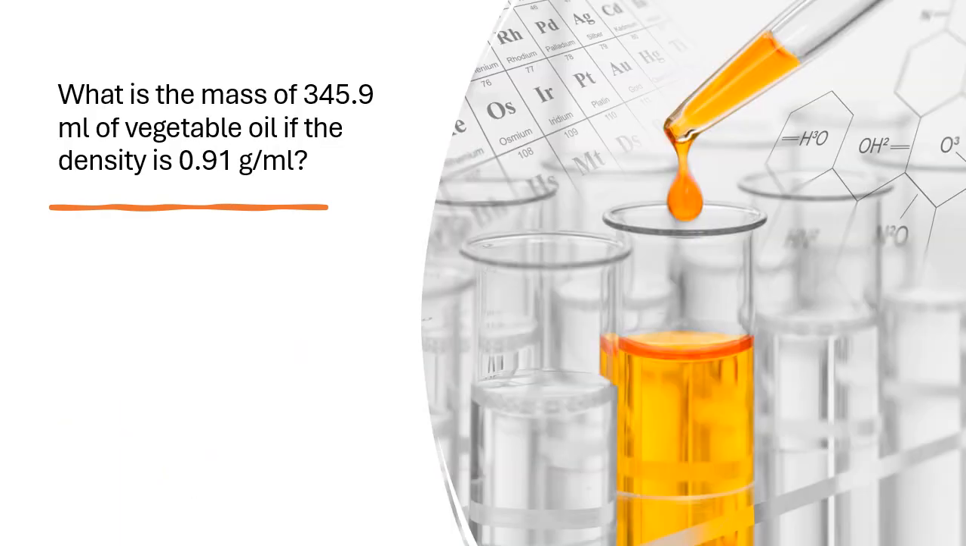Here on this slide, we see another density problem that can be solved using the factor label or dimensional analysis method. What is the mass of 345.9 milliliters of vegetable oil if the density of vegetable oil is 0.91 grams per milliliter? So we start this like we like to start our dimensional analysis problem. We write down what we know,